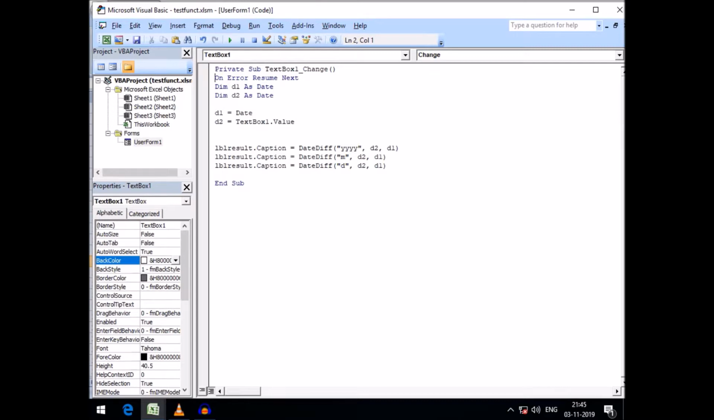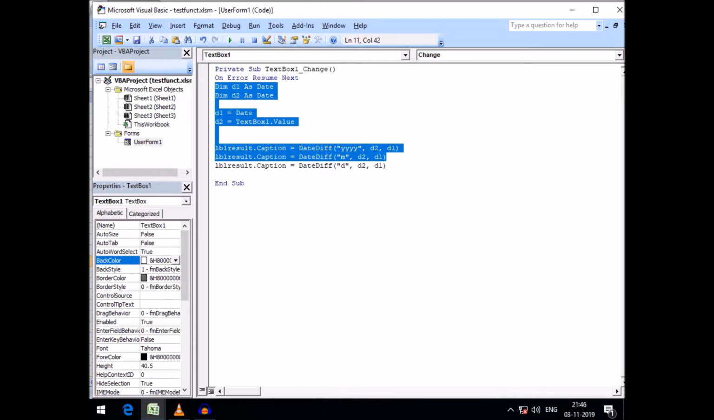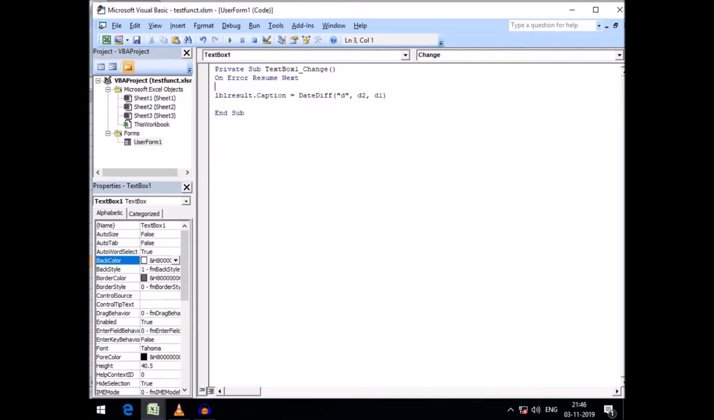And friends, now I want some math functions to be displayed here. Just delete this, we don't need this anymore. Here also this will be our result label, so I keep it. And if we say